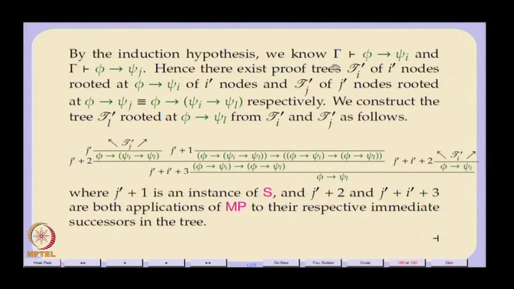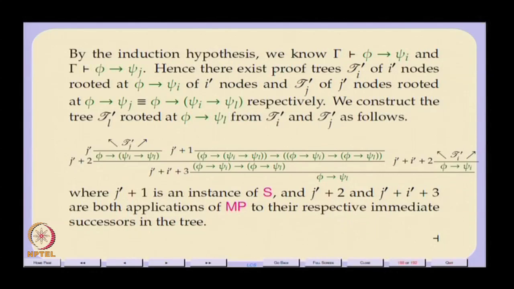So, now each of these proof trees T i prime and T j prime, let us assume they have i prime nodes and j prime nodes respectively. So, T i prime is rooted at phi arrow psi i, and T j prime is rooted at phi arrow psi j, but psi j of course is psi i arrow psi L. So, T j prime is rooted at phi arrow (psi i arrow psi L),